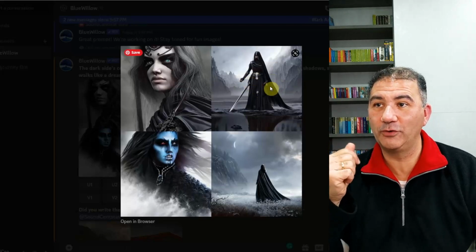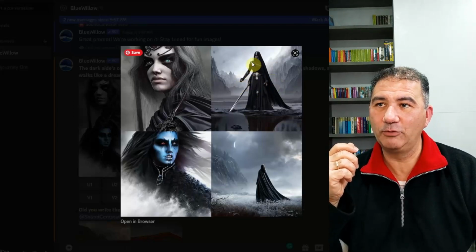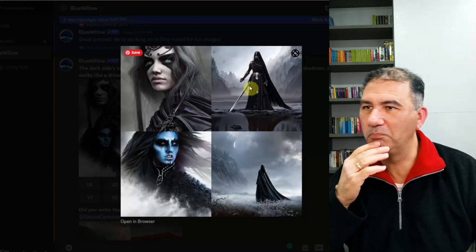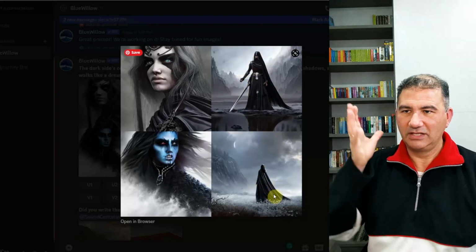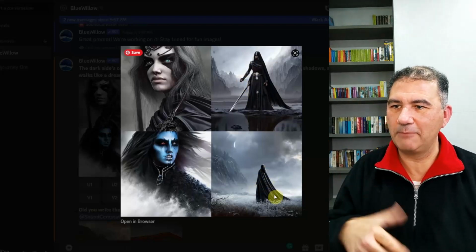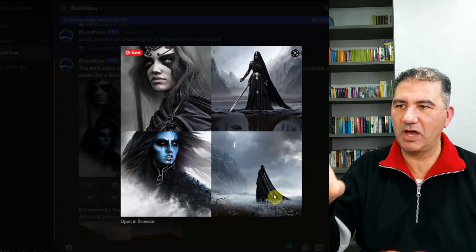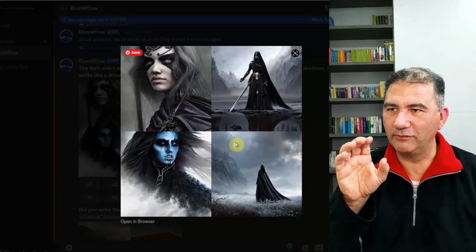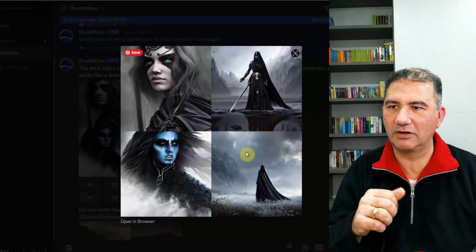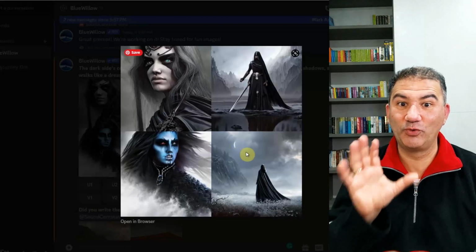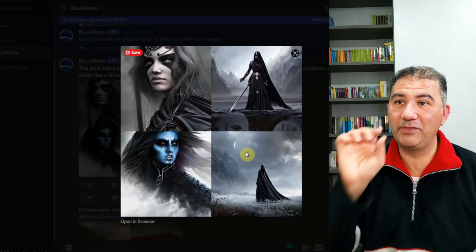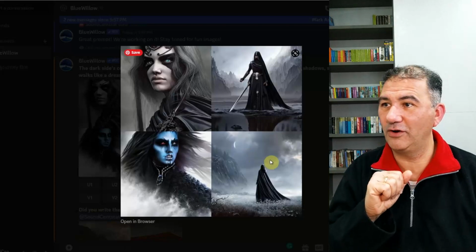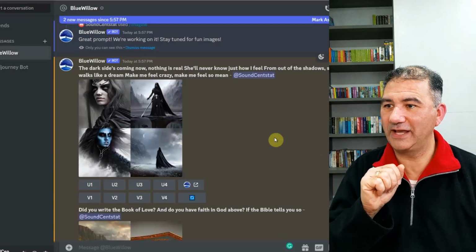Or we could go into Photoshop after downloading it and maybe get rid of this arm over here or do some modifications to it. This one is really amazing too. We've got this dark-haired woman with a black cape looking at the mountain at the top. There's a sliver of light punching through the dark clouds. There's a really good story behind this image. And that's just generated from the first stanza of the song Dark Side by John Cafferty.